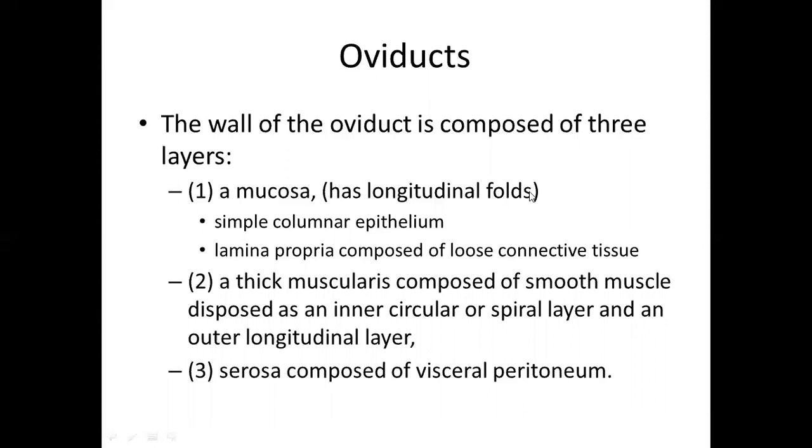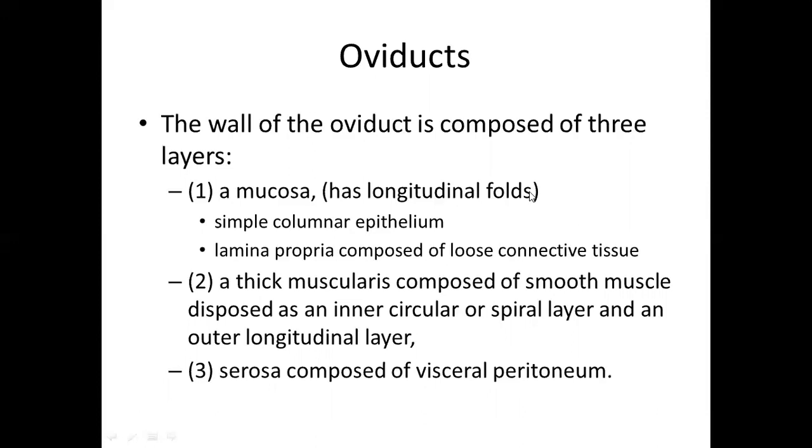columnar non-ciliated cells, which are termed as peg cells, which produce certain secretions, and we will identify these cells later. And then below the epithelium there is a lamina propria of the oviduct which is composed of loose connective tissue. This lamina propria doesn't have any glands present.